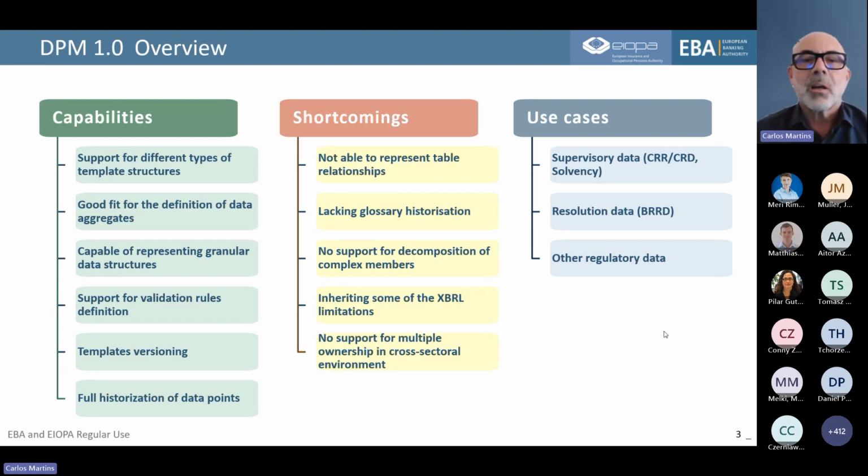Now, there are a couple of shortcomings, which is actually why we embarked on this huge revision of the DPM. So one of them, which is quite important, is the current model is not able to represent table relationships.